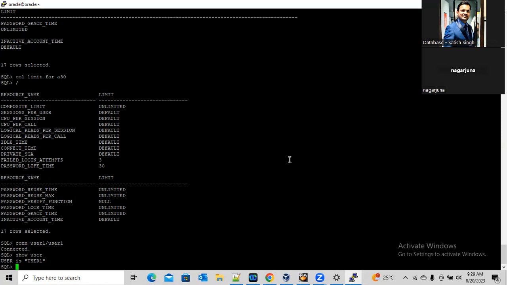For flashback, why are we using it? Suppose we are going to perform a database upgrade, or there are multiple activities. It's up to the client which way they want to go. Like if we are going to perform a DR drill, it's up to the client whether they want to go with the RMAN backup, or the export import backup, or